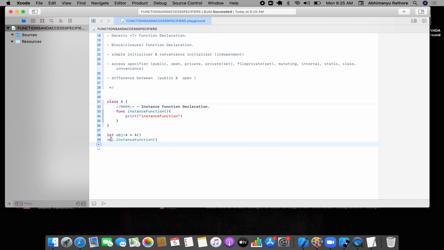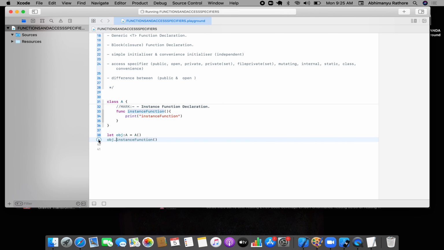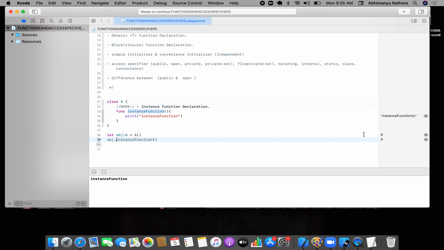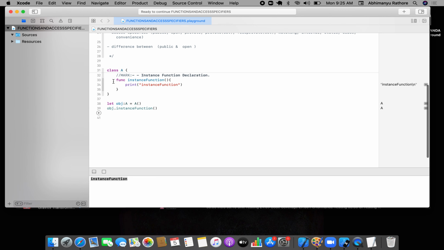It will not directly call on the class name, right? It will give you an error, right? So on the object dot instance function you can declare, and you can call this A, instance function will print here the instance function result, right? Now what you need to do, you can just create a class function also, same like that, only just need